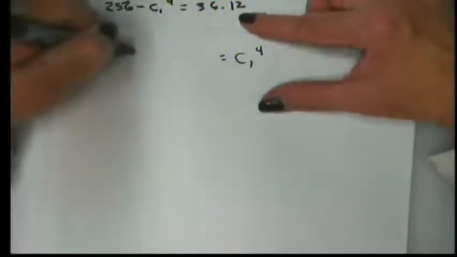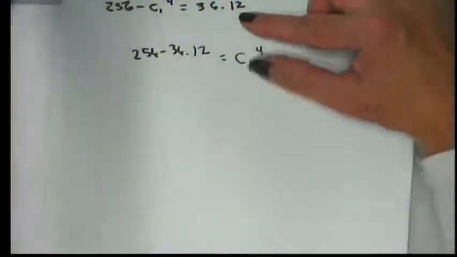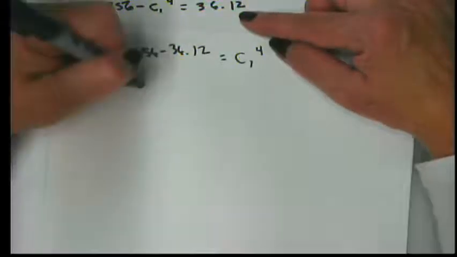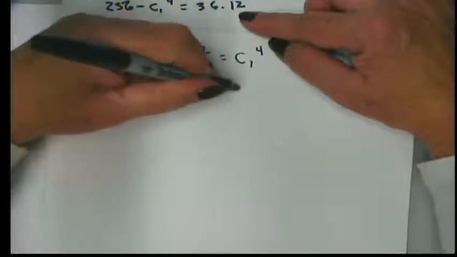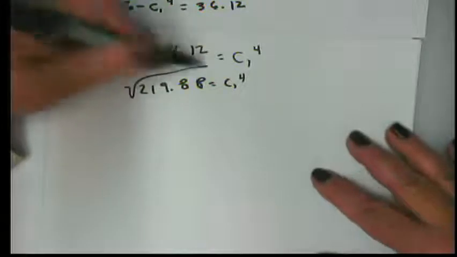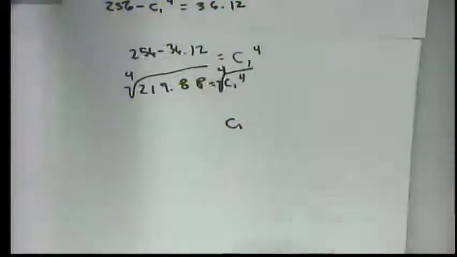And that's going to equal 256 minus 36.12. So we get 219.88 is equal to C1 to the fourth. So to solve for C1, I need to take the fourth root of both sides. And I get C1 is equal to,